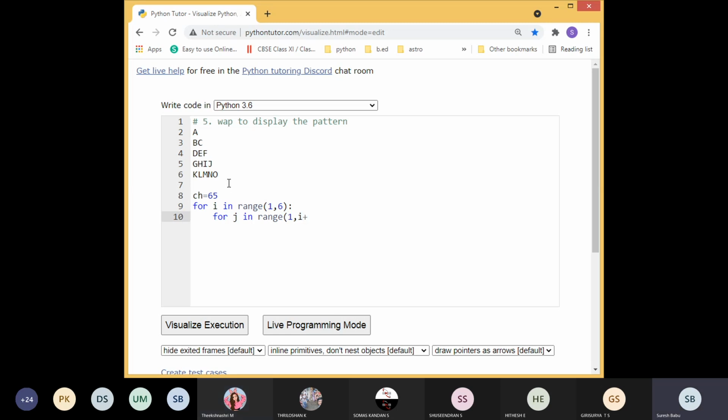Okay, super. Print, colon, not semicolon. Print chr of CH, end equal to, we can give the quotation. Okay, good.